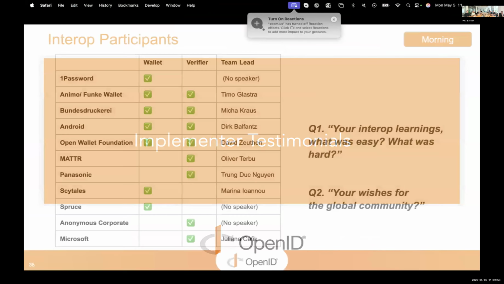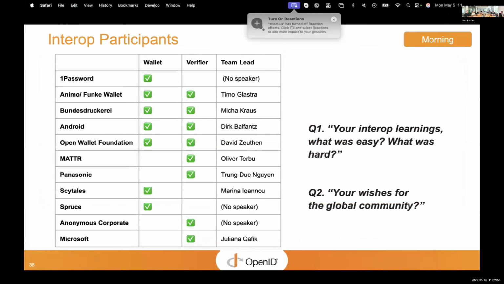All right, so what I was prompting the teams for was, for each team, what were your interop learnings? What did you find easy? What was hard? And then just big picture, wishes for the global community, what you'd love to see. I don't think we have a speaker for 1Password on, but I'll double check in case Nick Steele has made it in. I don't think he's out there. So we'll move on to the next team.